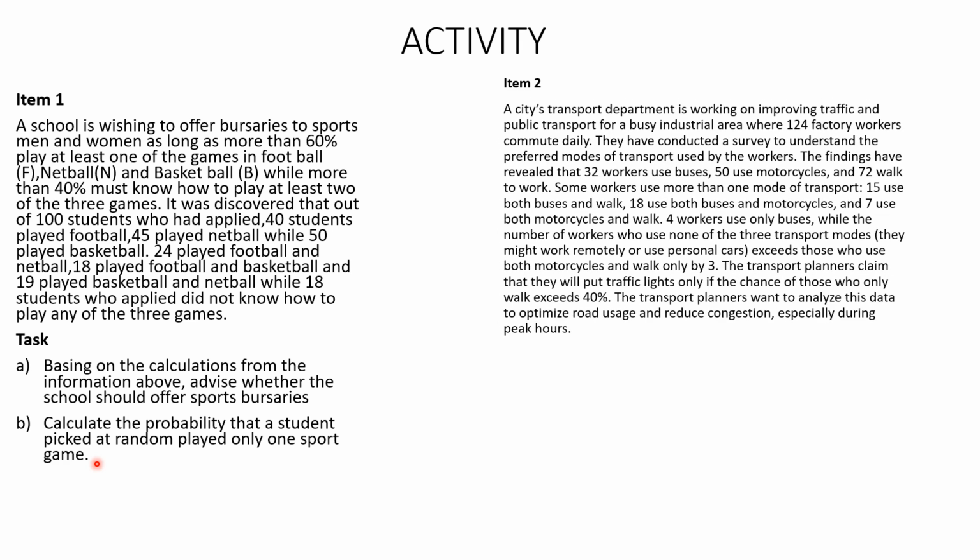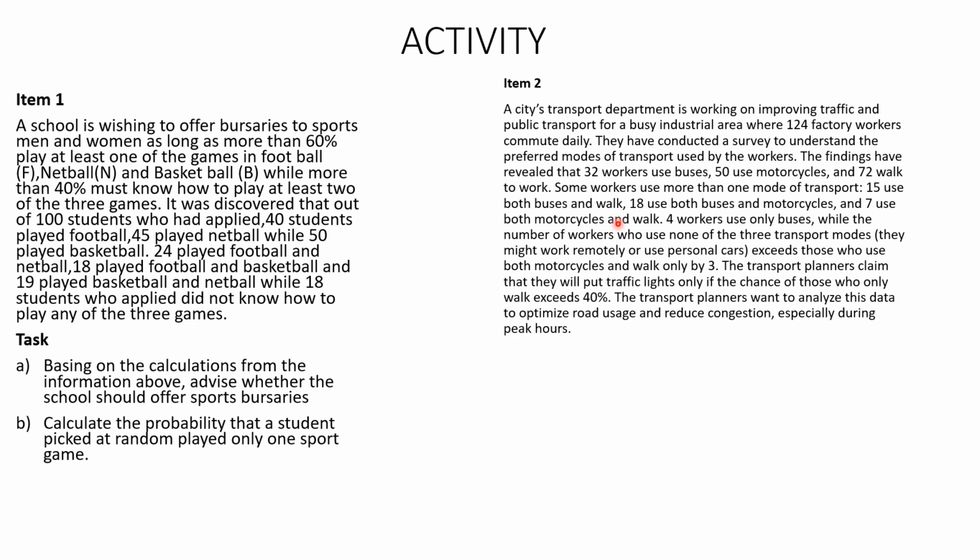Activity 2 says, a city's transport department is working on improving traffic and public transport for a busy industrial area where 124 workers commute daily. They have conducted a survey to understand the preferred modes of transport used by the workers. The findings have revealed that 32 workers use buses, 50 use motorcycles, and 72 walk to work. Some workers use more than one mode of transport. 15 use both buses